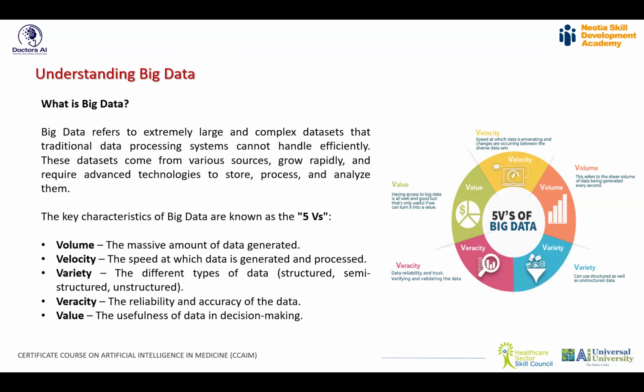And that data is continuously increasing in terms of volume, velocity, and variety. Variety means it has structured, semi-structured, and unstructured data. At the same time, it also carries a characteristic called veracity, which means the reliability and accuracy of the data. Another important thing is that it carries a lot of usefulness, which can help us in decision making. This is called value. Now, these 5 V's of data tell us that this is the type of data which is big data.